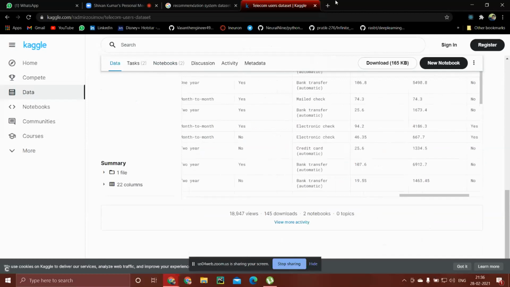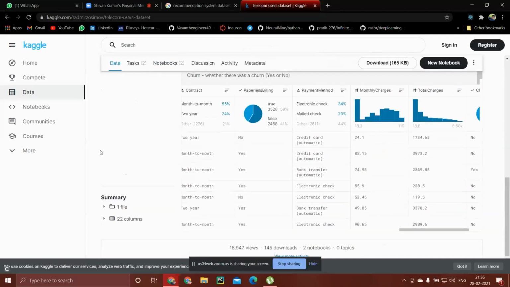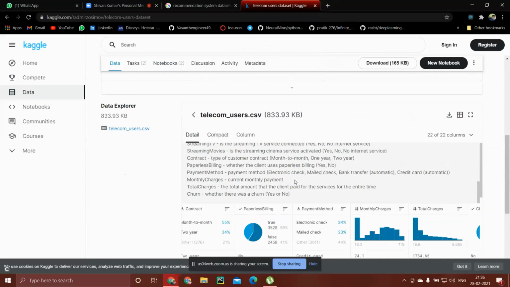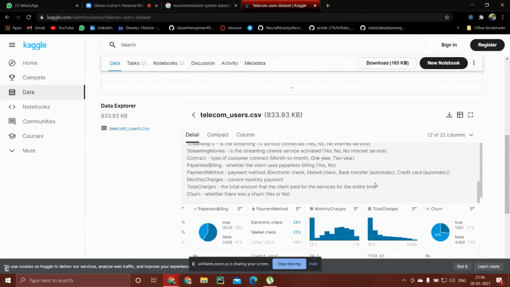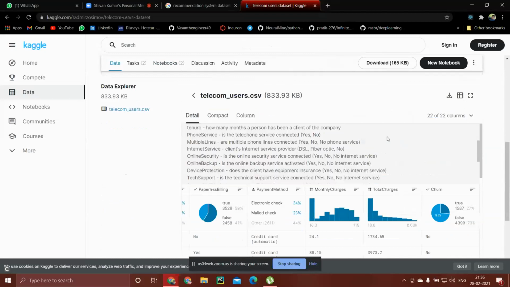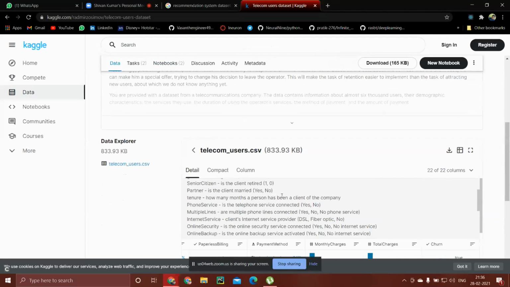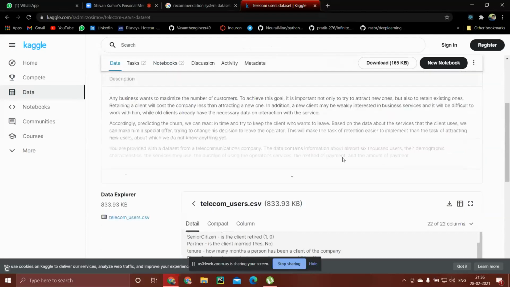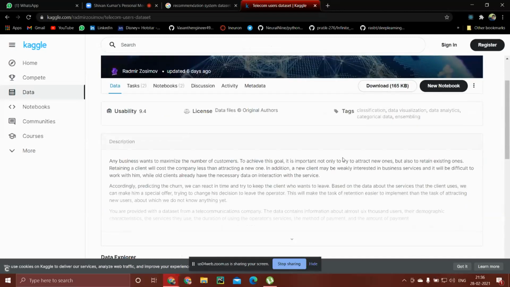This is also not a common thing, not everyone takes this. Based on some features like this, we should say whether the customer will continue with our telecom service or will leave it. That is the business problem statement.